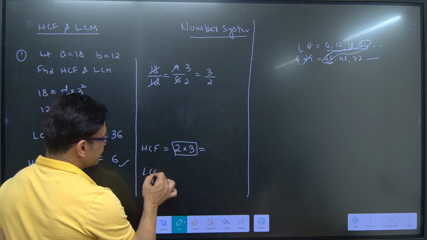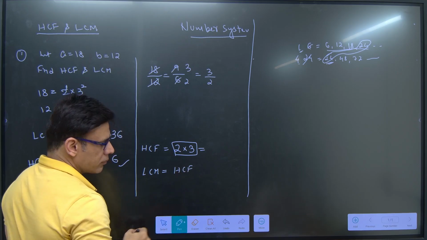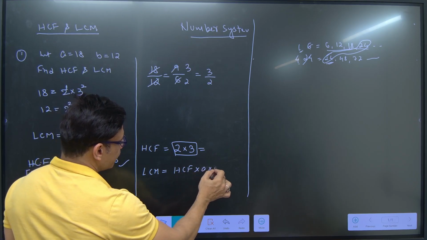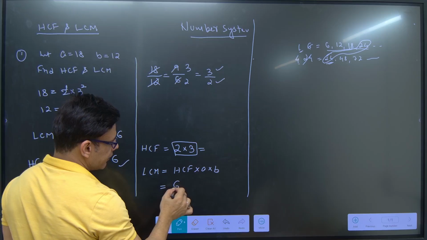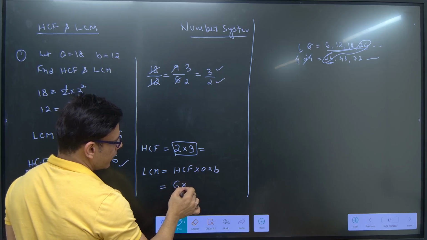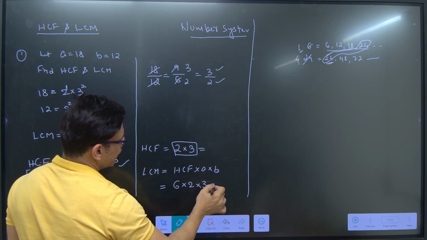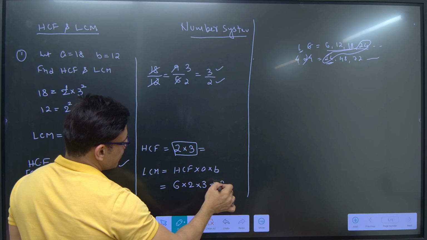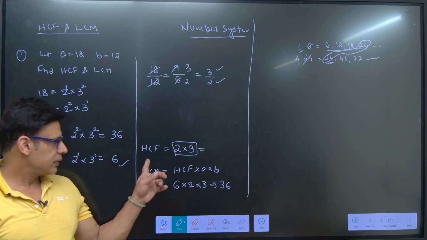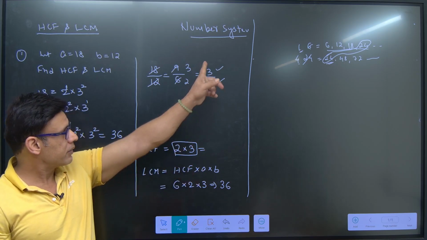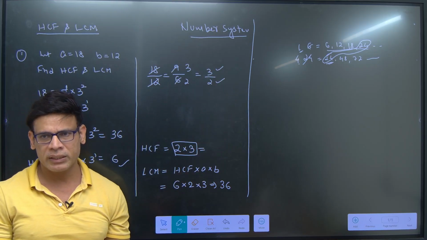For LCM, simply take HCF into A into B. A into B मतलब ये A है और ये B है. What is HCF? Into no 3 into 2. How much it is? HCF निकालने के बाद जो कैंसिल होने के बाद लास्ट में बचता है उसको मल्टीप्लाई कर दो HCF के साथ, you'll get LCM डायरेक्टली।